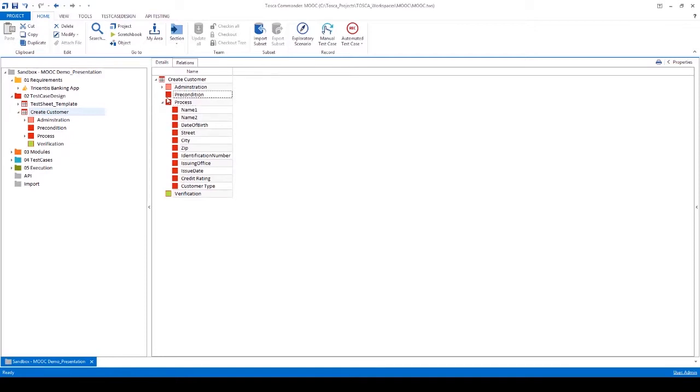Let's say there's a precondition as well. The app must be open, otherwise this is not working. So to shorten this test case design a bit, I just want to focus on two business parameters here, the credit rating and the customer type. Let's say